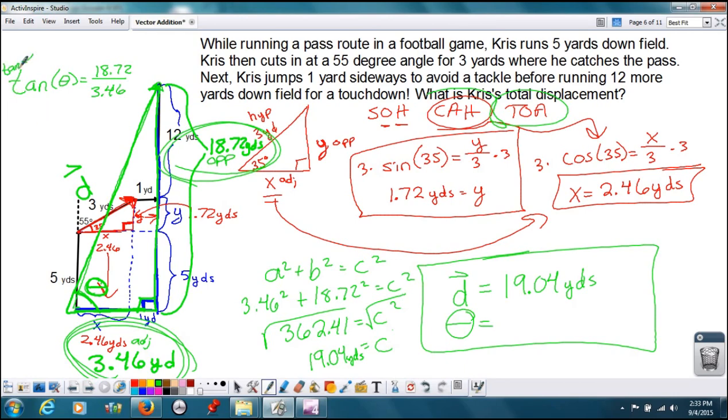To solve, I need to take the inverse tangent of both sides. Theta is equal to 79.5 degrees. So if we wanted to write it in a sentence, we could say that Chris ran 19.04 yards at an angle of 79.5 degrees downfield from a